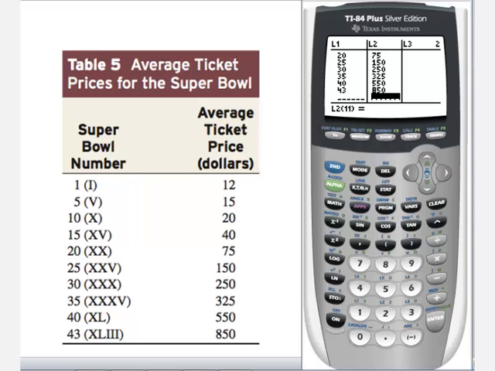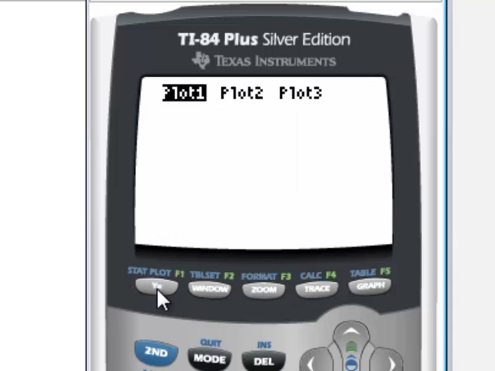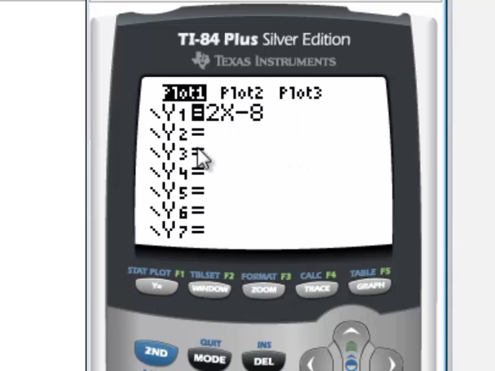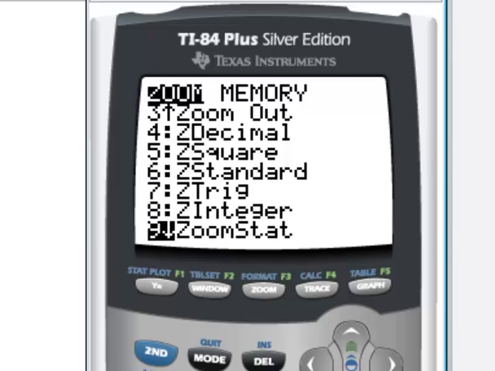Now before we graph our scattergram, we first must make sure that there are no equations in the y equals. Now, the way you check that is you go to the y equals, you click it. If you have any equations here, just press Clear. Once everything is cleared, go to Zoom and look for Zoom Stat, which is number 9. Hit Enter,